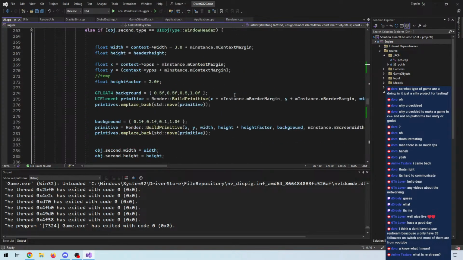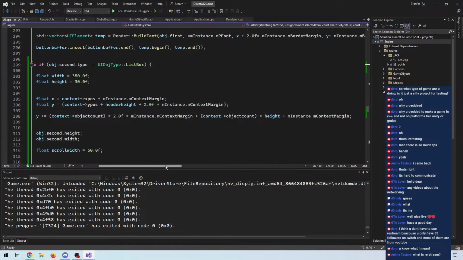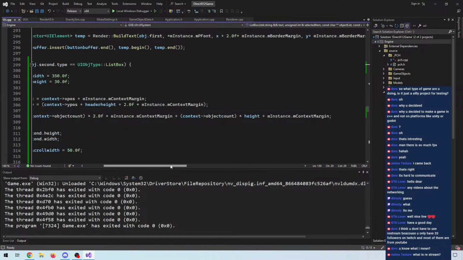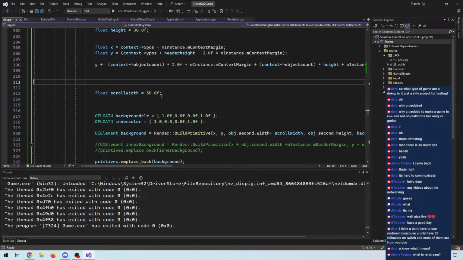So there's a bug somewhere. There is a bug somewhere because we add the scroll width